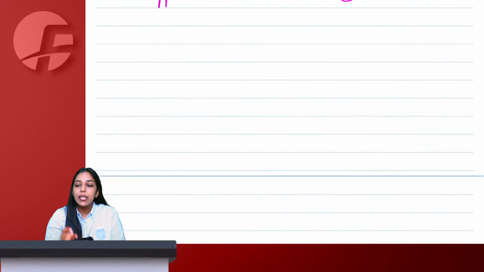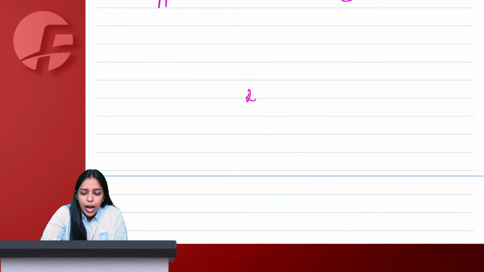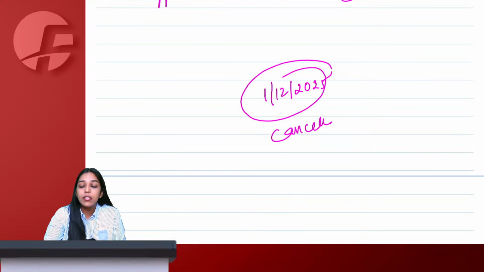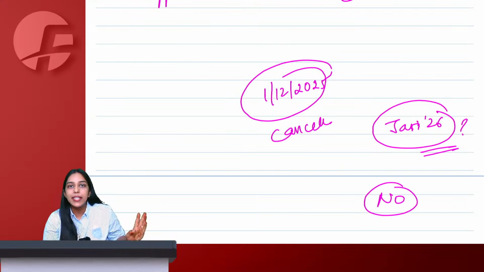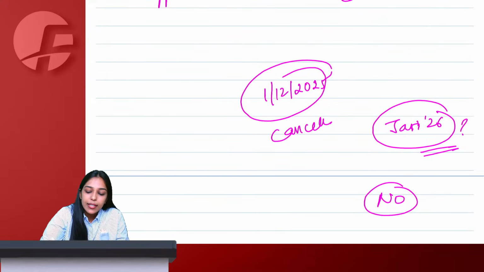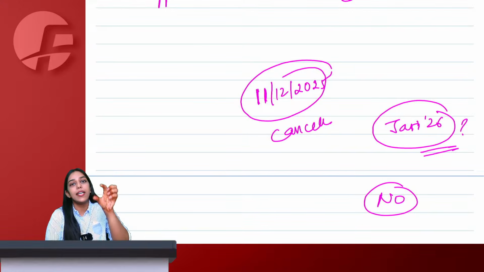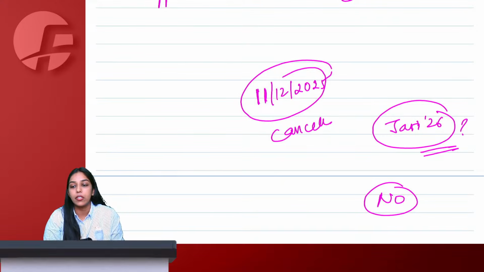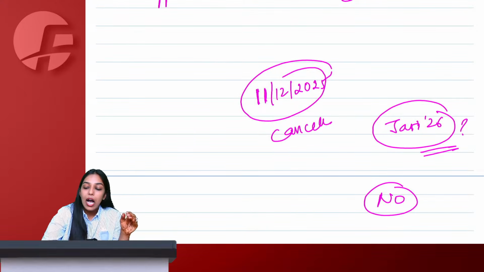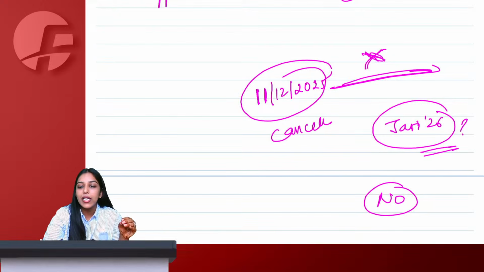Right, ma'am. Now tell me, if I am cancelled today, let us assume on 1st December 2025, I am cancelled. Can I file a return of January 2026? No, ma'am. Can I file a return for December? No, because on 1st December only you are cancelled. So the last return that you can file, let us say it was cancelled on 11 December. Then for 10 days of December, you can file a return when you were registered. But for the remaining period of December, you cannot file a return. So after the day on which you are cancelled, you cannot file your returns.